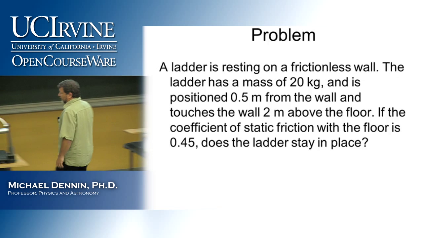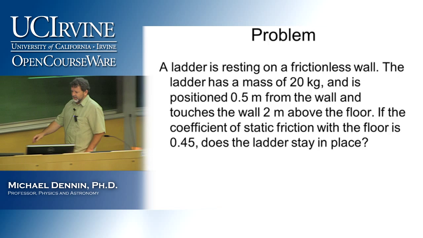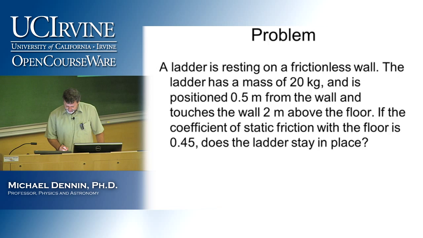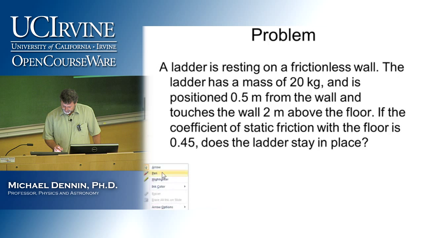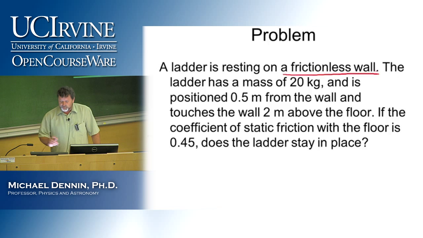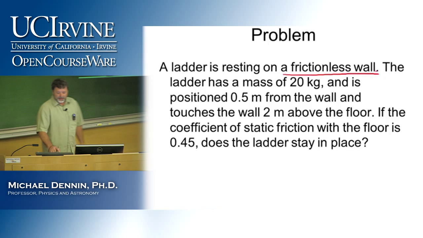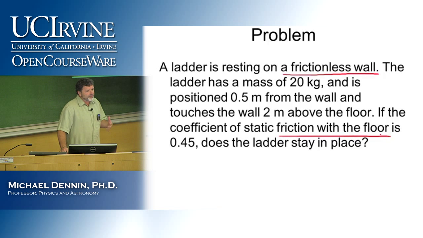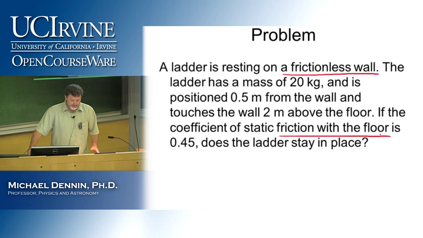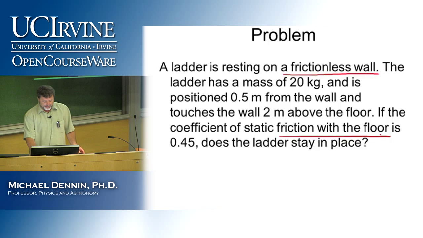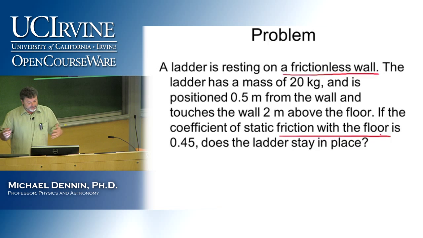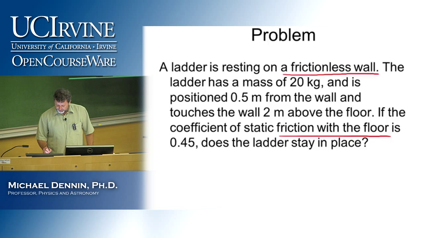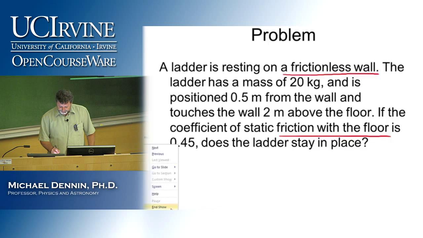Now, this particular case, notice something about it, and it's something interesting. We actually have a frictionless wall. And there is friction with the floor. So the very first question you might want to ask, and I want to go through this a little bit before I even ask my clicker questions and start to solve this problem,